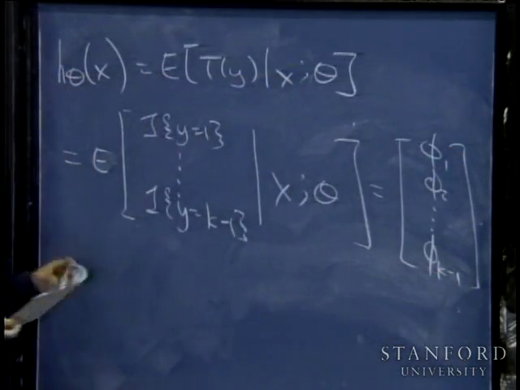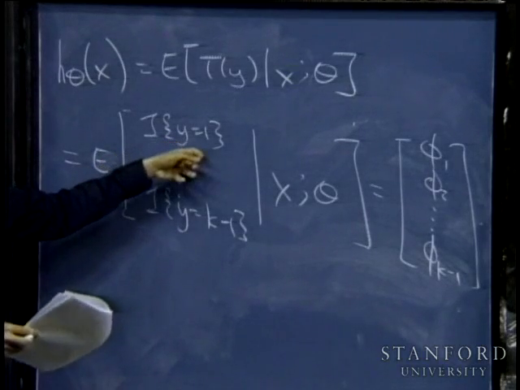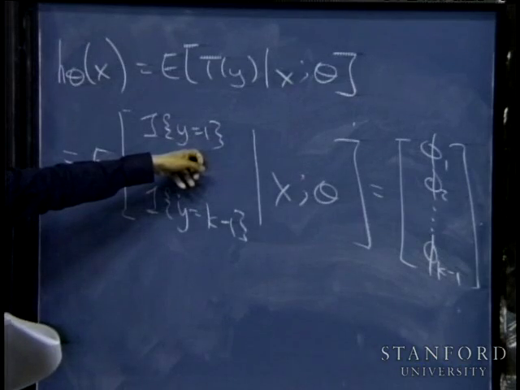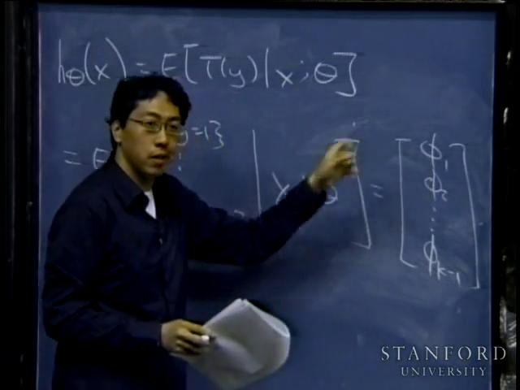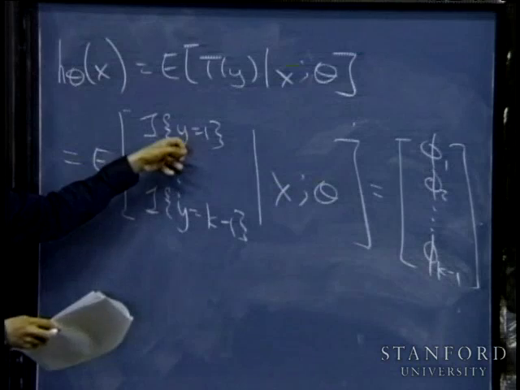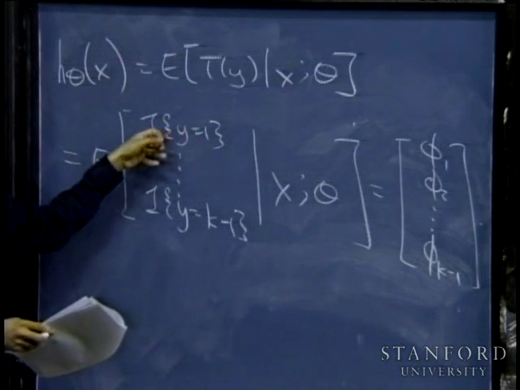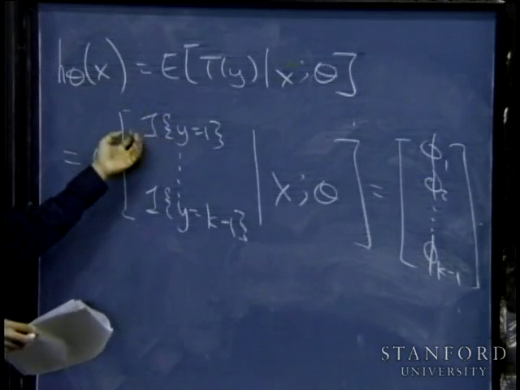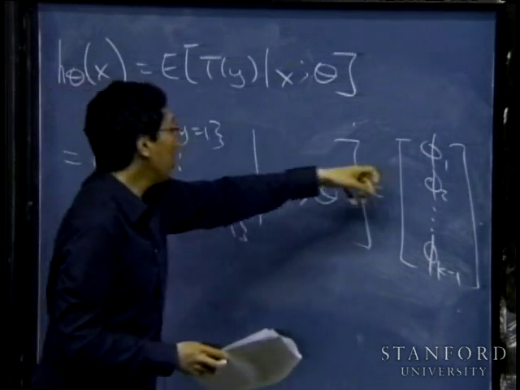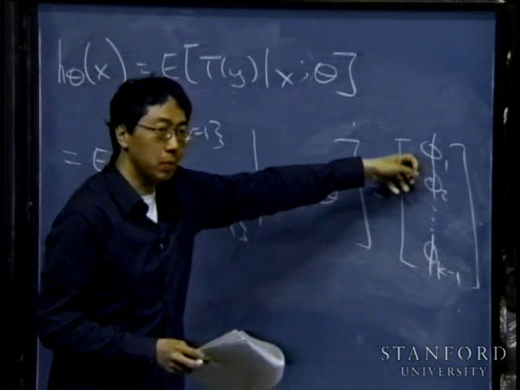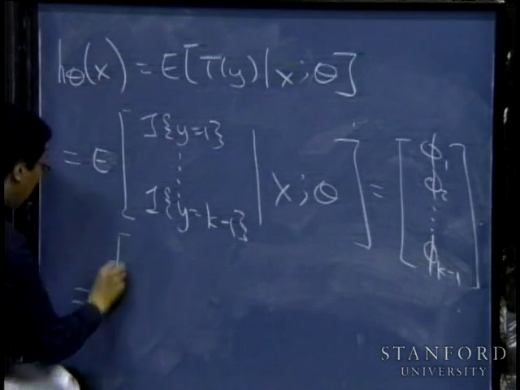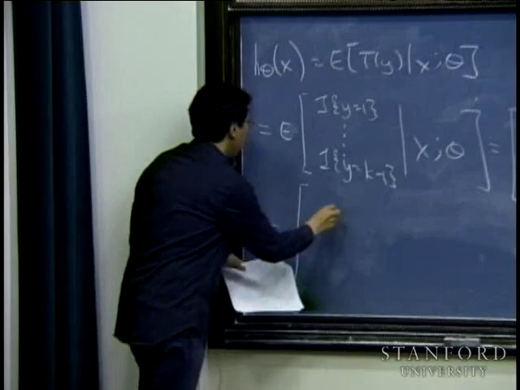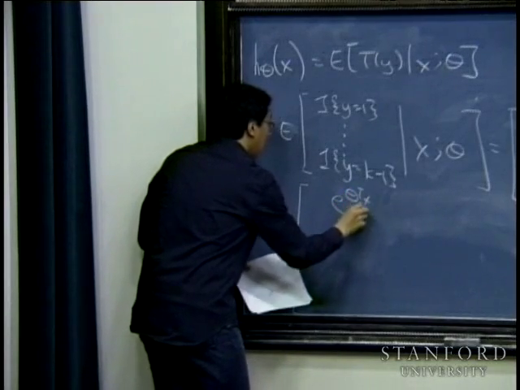But the expected value of indicator y equals 1 is just the probability that y equals 1, which is given by phi 1. Right, so I have a random variable that's 1 whenever y is equal to 1 and 0 otherwise. So the expected value of this indicator y equals 1 is just the probability that y equals 1, which is given by phi 1. And therefore, by what we worked out earlier, this is e to the theta 1 transpose x over,